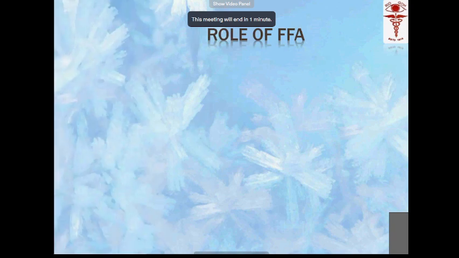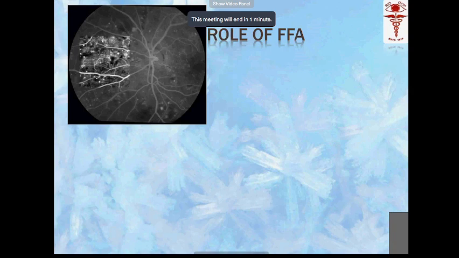Before proceeding to treatment of non-proliferative diabetic retinopathy, we should do what is known as fundus fluorescein angiography. Fundus fluorescein angiography is a way in which we inject fluorescent dye into the veins, and then we see the circulation of the dye, and we assess the perfusion and also look for any vascular leakage and any non-perfusion, otherwise ischemia. So we can see.